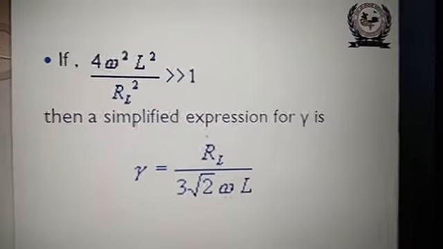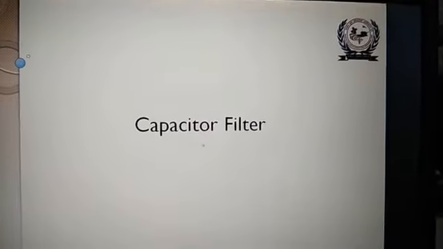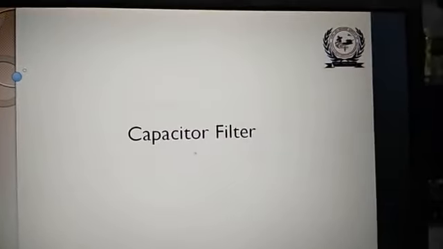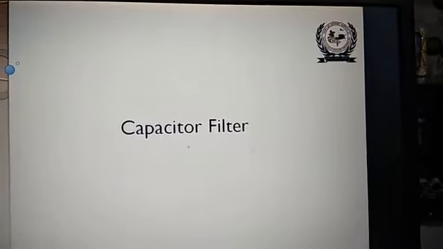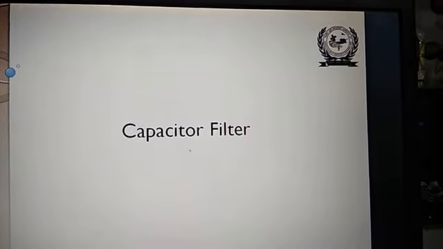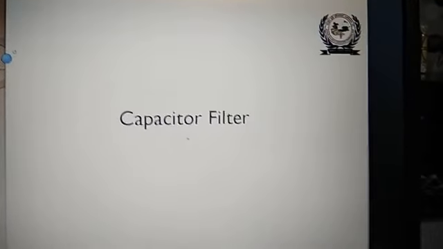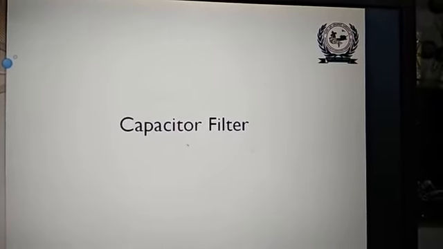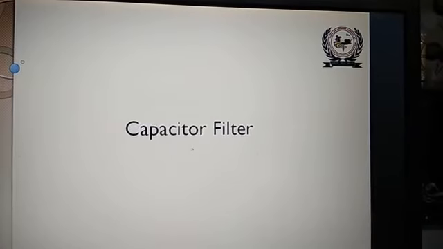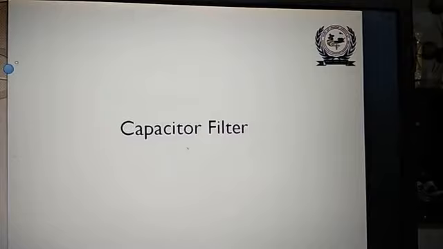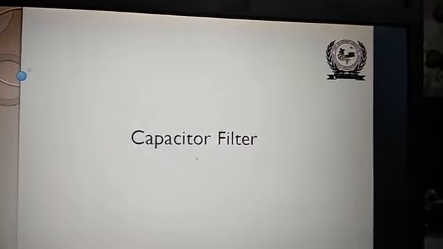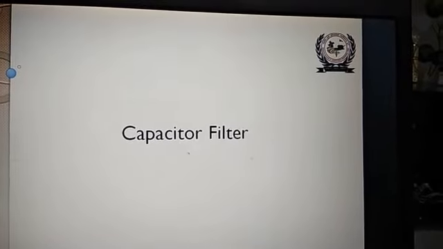So this is all about the inductor filter which we have seen. The important thing is to connect the inductor filter, and find out its impedance and ripple factor. You know the formula for the ripple factor using the inductor filter, and you know the circuit diagram of the inductor filter. You can also draw the input and output waveforms of the inductor filter.